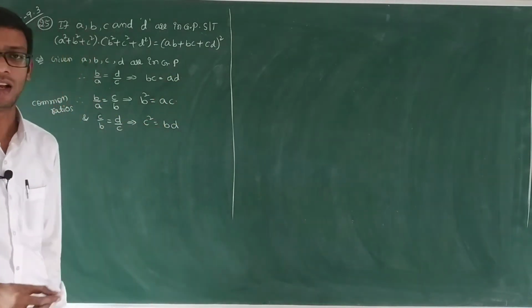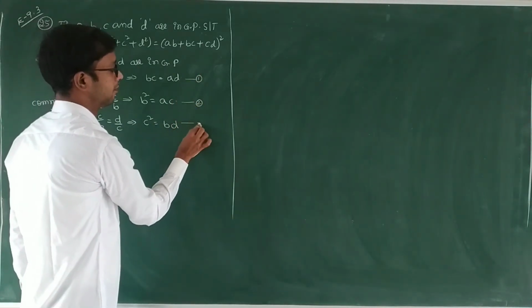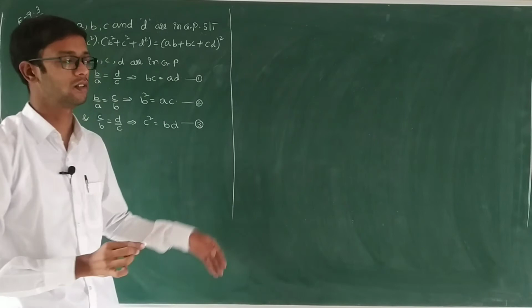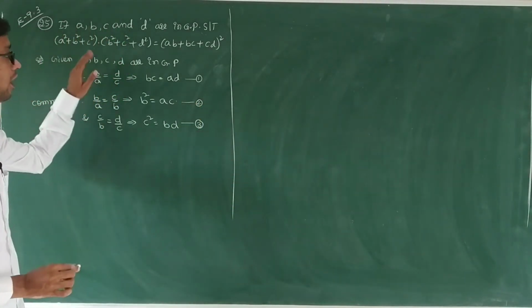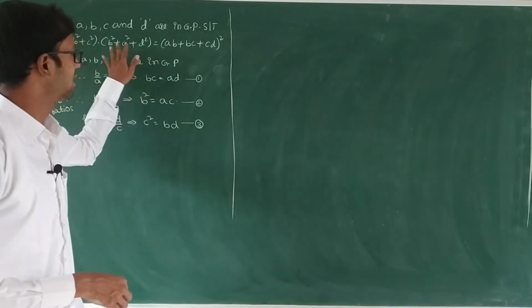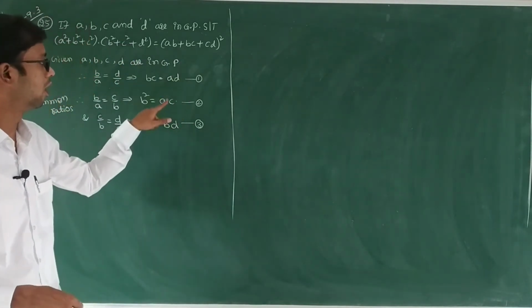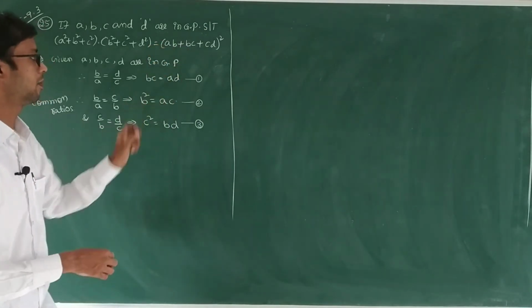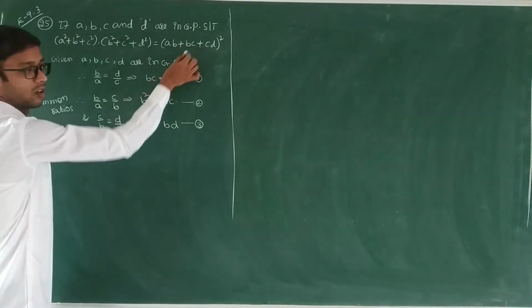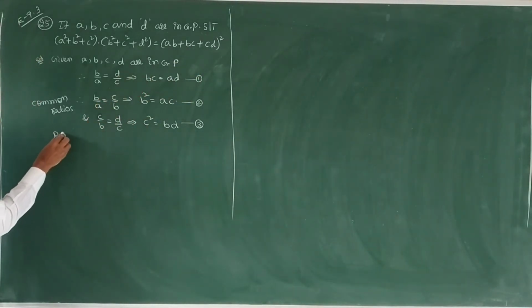We got these three, naming them as equations 1, 2 and 3. We'll use these three equations in the next steps. I'll solve this one: the LHS I won't take, the RHS I'll take. Why? Because I have some values here, so that only BC or A we can substitute. For that purpose only I am taking the RHS part.